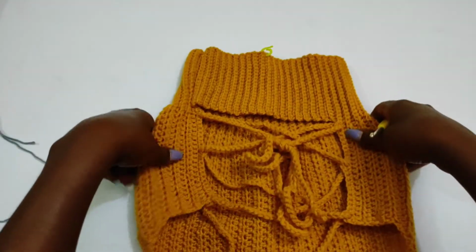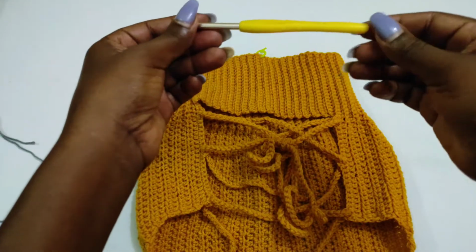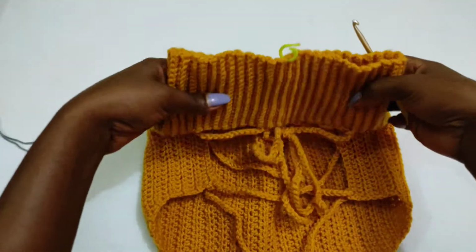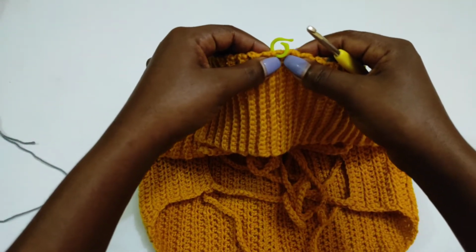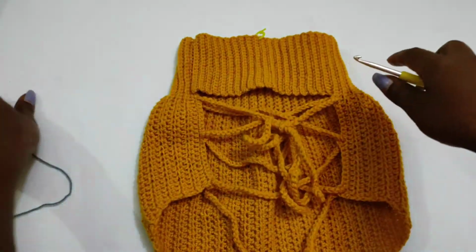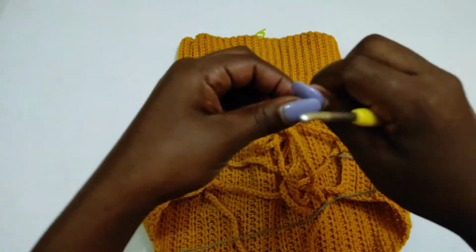To start the skirt part of the dress, we change from a 3mm hook to a 5mm hook, and then we turn our top to the back side and mark the middle stitch. So I've already marked my middle stitch right here. So after marking the middle stitch, we get the gray yarn, make a slip knot,